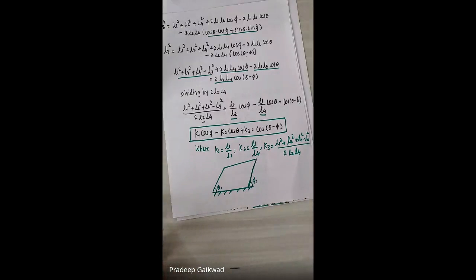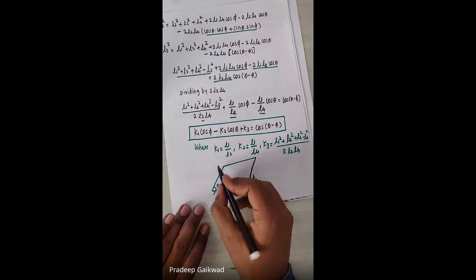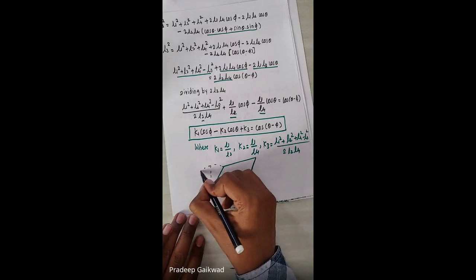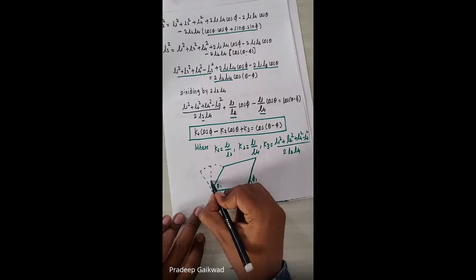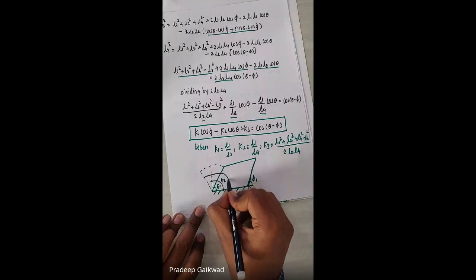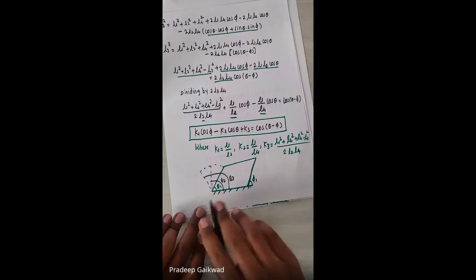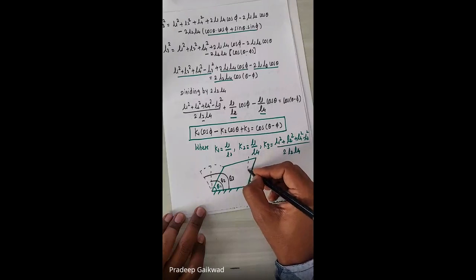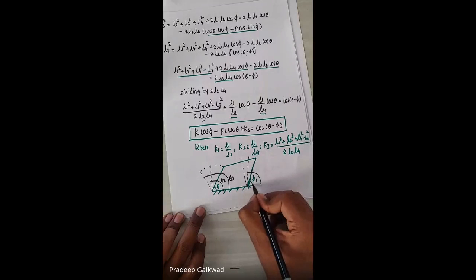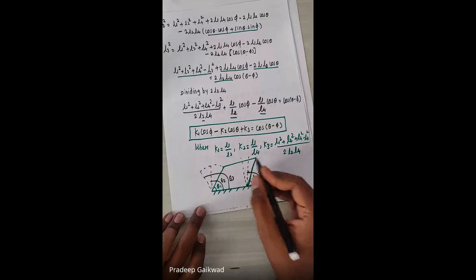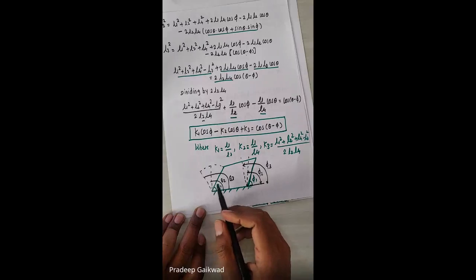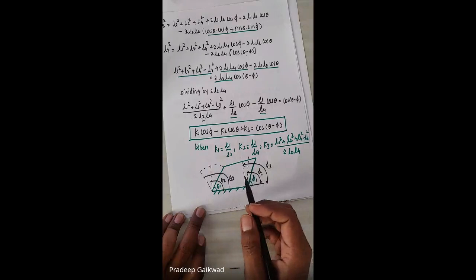And like this, I know two more positions. Let's say I'm just drawing this one. So this is the second position, and this one is the third position. So this angle is theta 2, and this angle is theta 3. It means I know three different angles for input as well as output angles: first position, second position, and third position. So theta 1, theta 2, theta 3, and phi 1, phi 2, phi 3 are the input and output angles